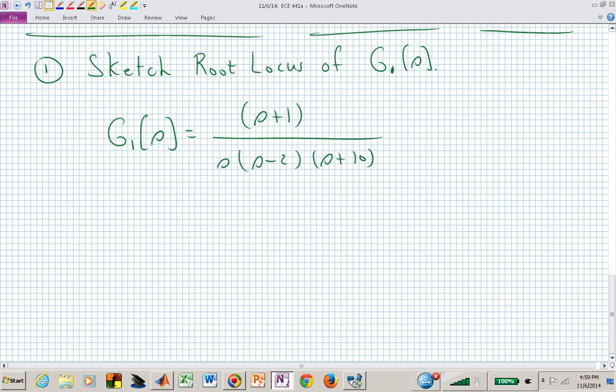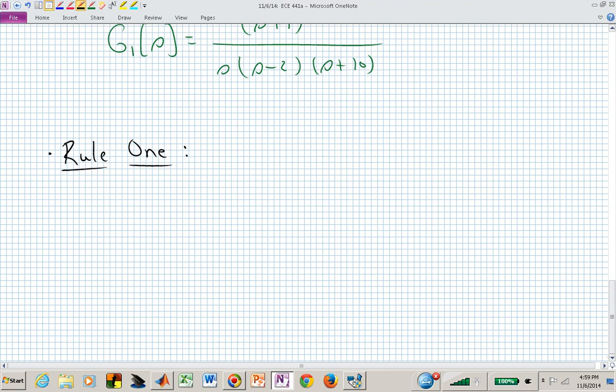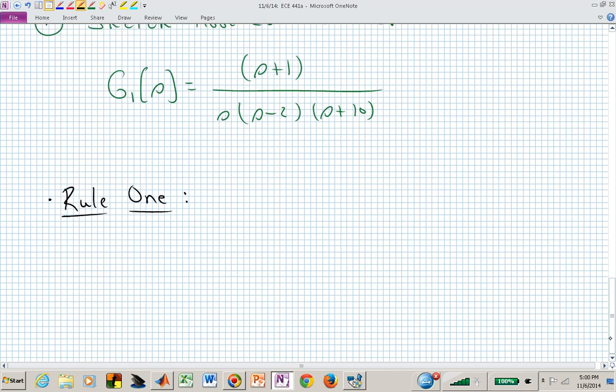We have 3 poles and 1 zero. I'm going to walk through the different rules fairly linearly. You probably won't want to do this in real life or on an exam or homework, but I'm going to do these rules